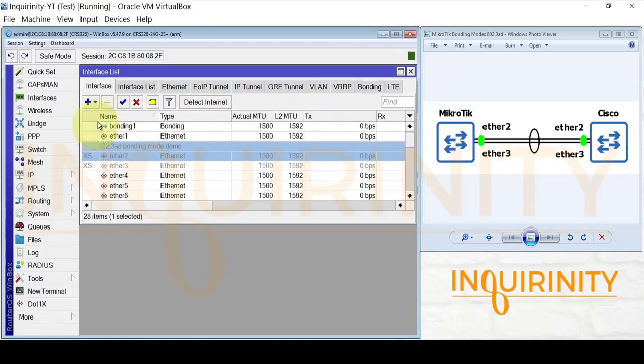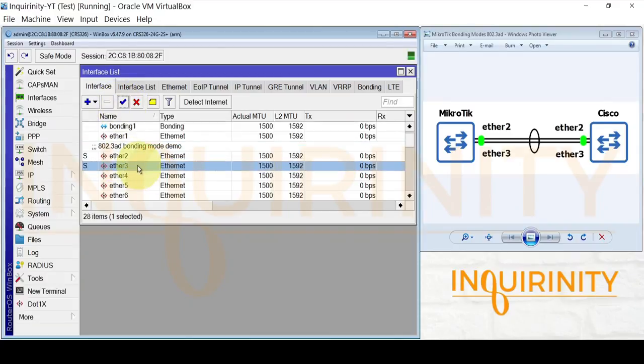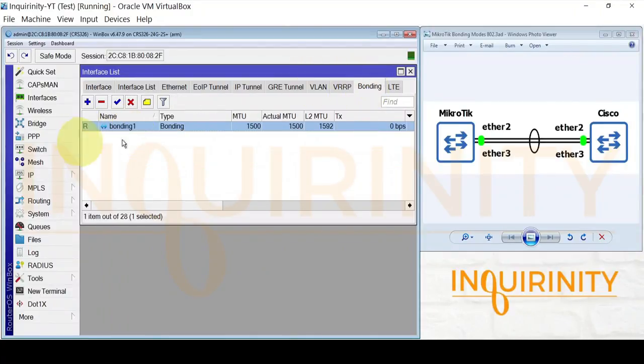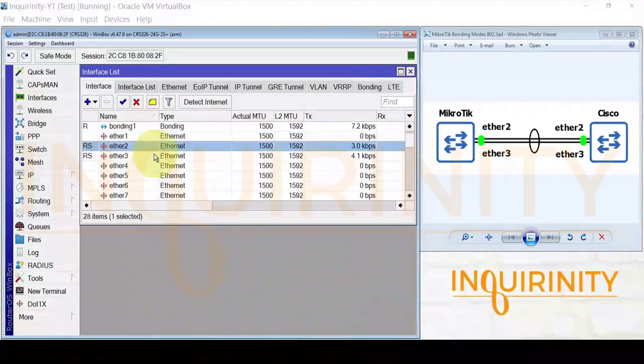So we'll go to our interface and enable our Ether2 and enable as well our Ether3. Now we have enabled them, and if we take a look, we have our bonding interface with the R or running flag. Again, our Ether2 and Ether3 are running and slave for the bonding interface.